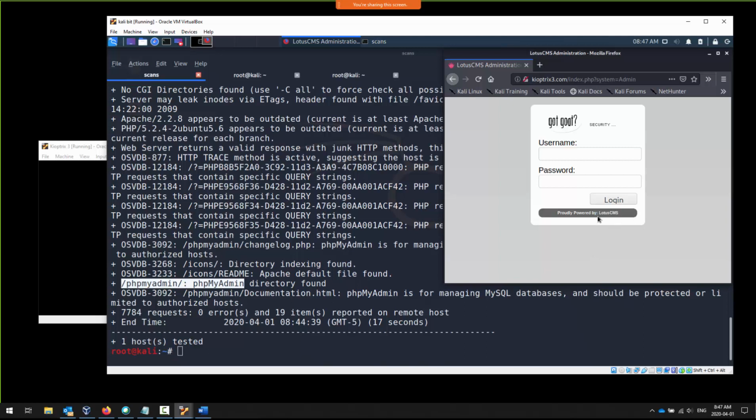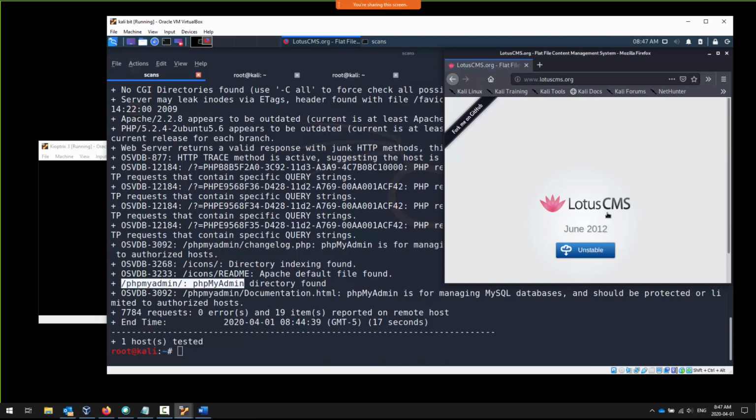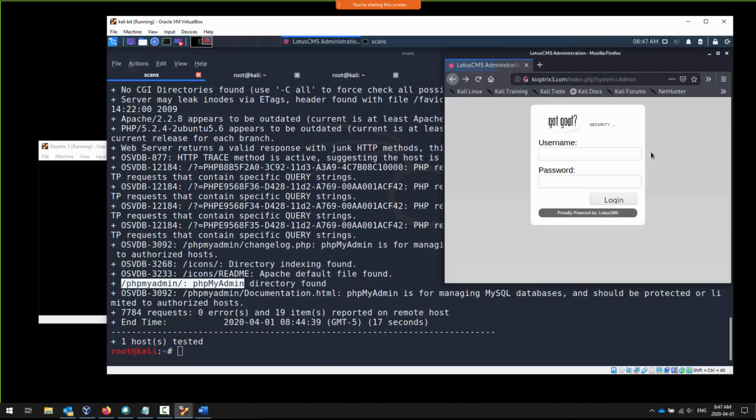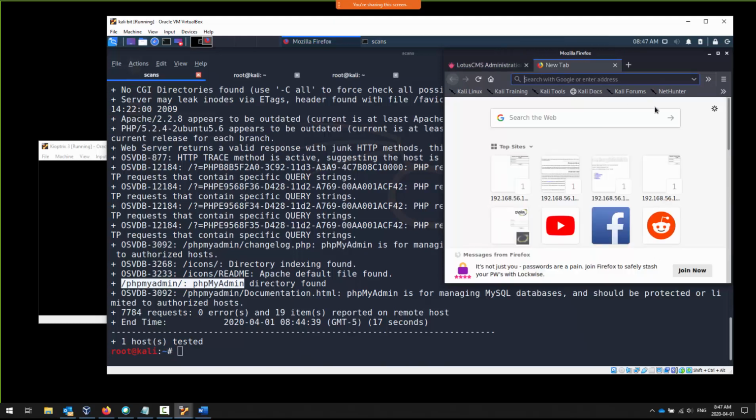Okay, so we've got this thing called Lotus CMS. Well, that's interesting, what's that? And when we click on it, it says, fork me on GitHub, Lotus, June 2012, unstable. Wow. You know, we are going to definitely take a look at this initially. So let's do that. Let us open up a new tab and research